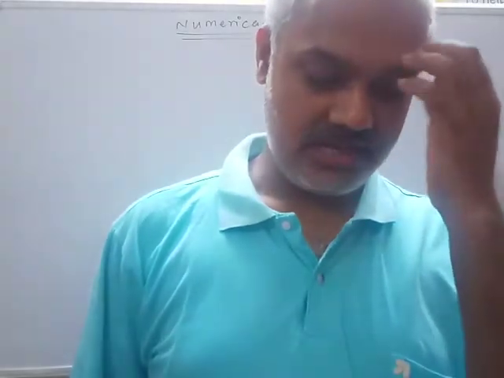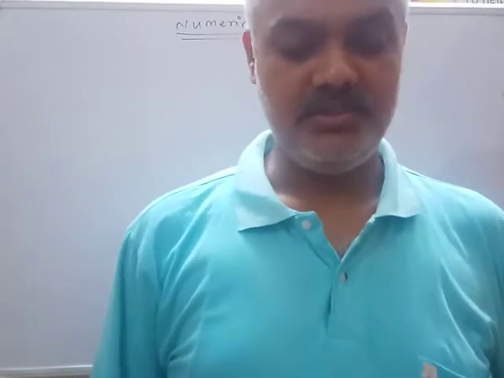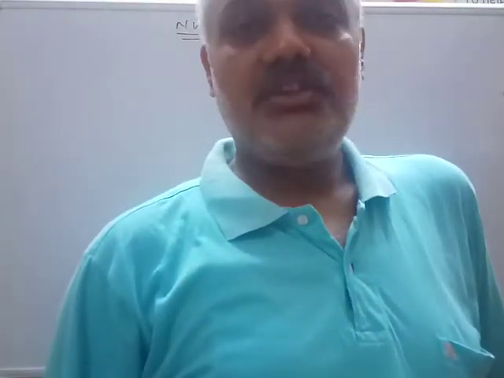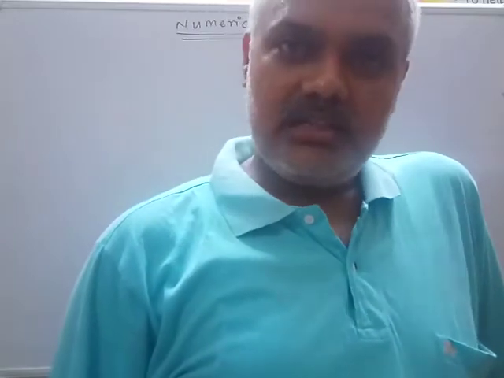Vector A equal to 2i plus 3j, along the direction of i plus j and i minus j. Now we have to find the components of the vector 2i plus 3j, in which direction? Along the direction of i plus j and thereafter along the direction of i minus j. So very first we have to evaluate the direction and magnitude of i plus j and i minus j.